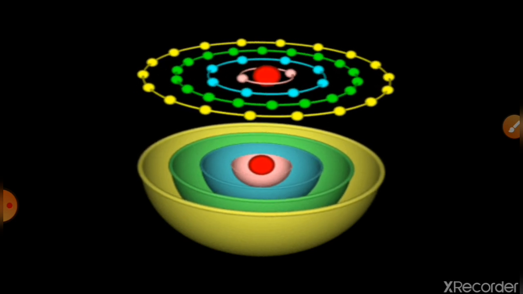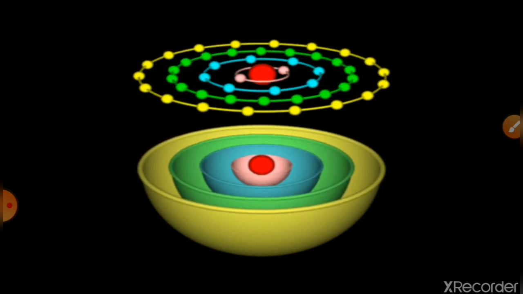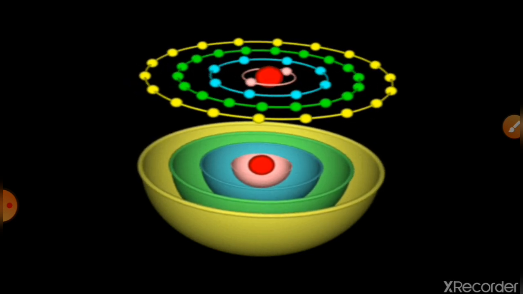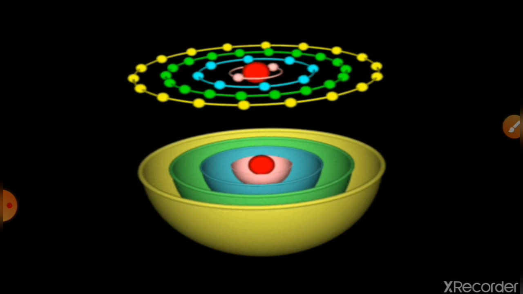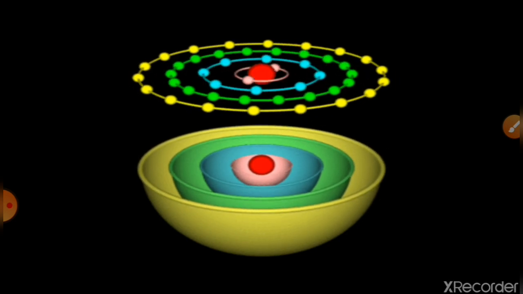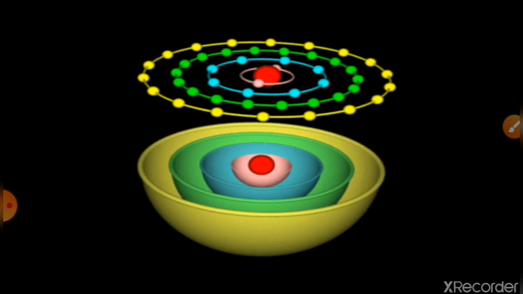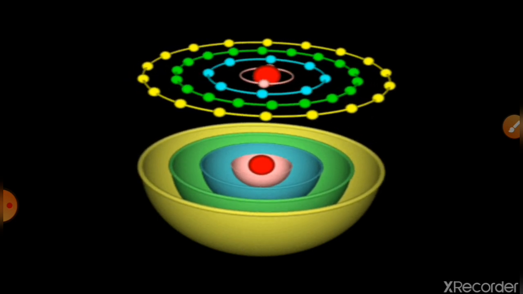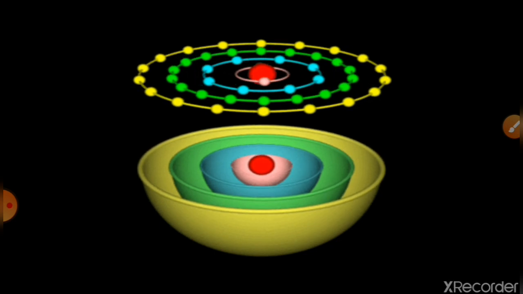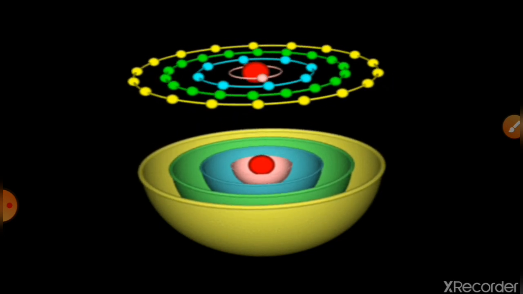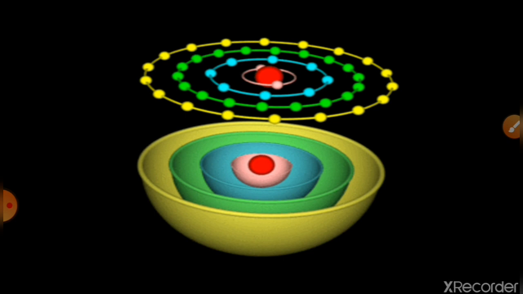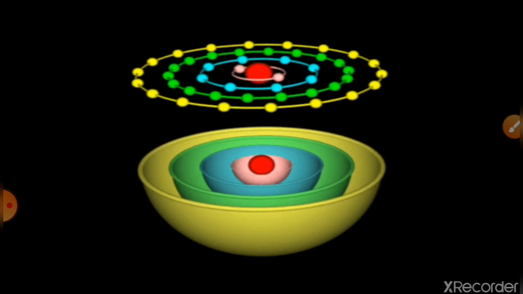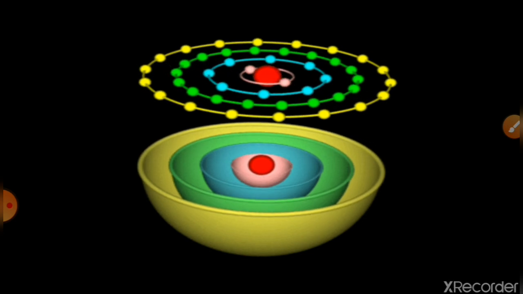You can see in the middle the nucleus is present, like in the solar system the sun is present in the middle, and electrons are revolving around the nucleus in fixed orbits. You can see in each orbit the number of electrons is different. Why is it so? We have studied in the previous class. There is the formula 2n square by which we can fill the electrons in each orbit. The first orbit contains only 2 electrons, the second orbit contains 8 electrons and so on. You can revise that lesson again for better understanding.